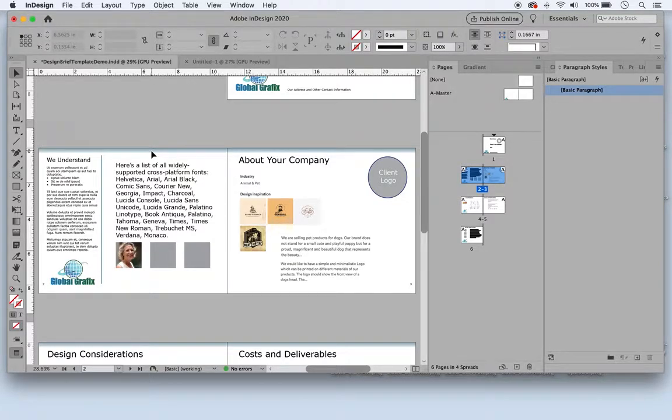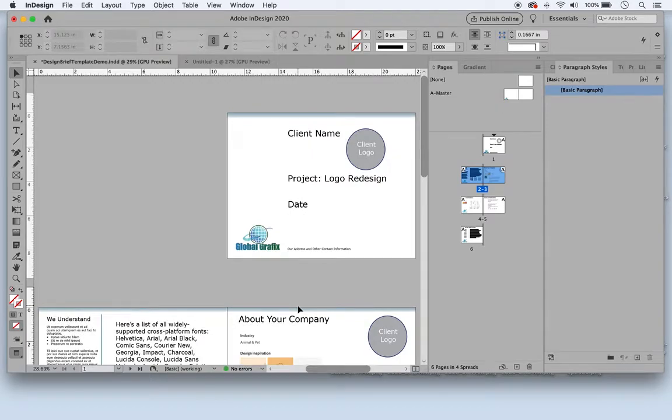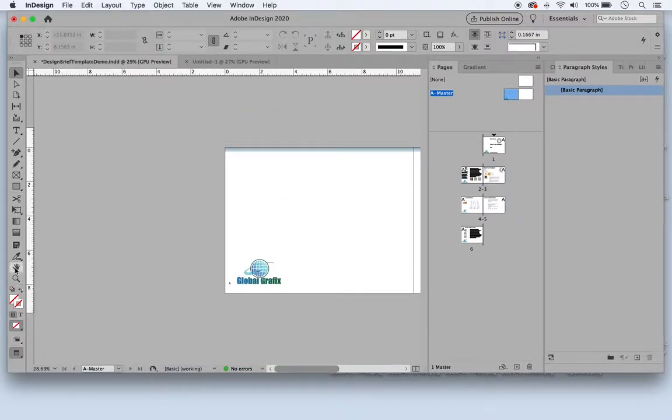This is the second demonstration on how to build the design brief in InDesign. We've already looked at master pages and how they can help us to standardize the look of things, and now we want to also look at how we can use paragraph styles. For example, when we first built the master page